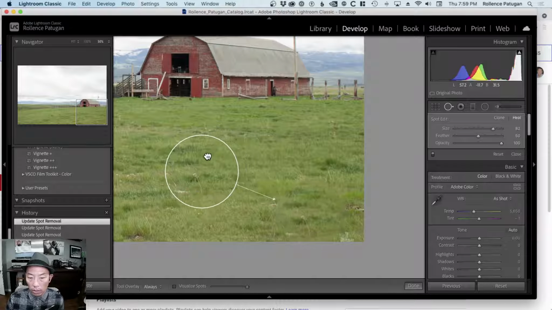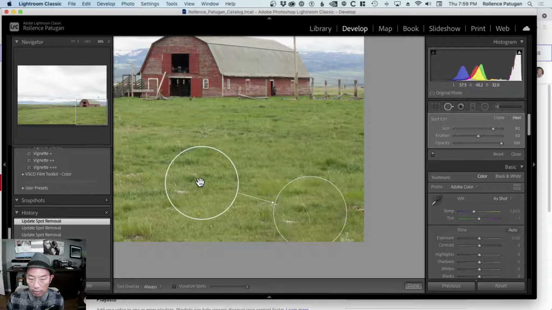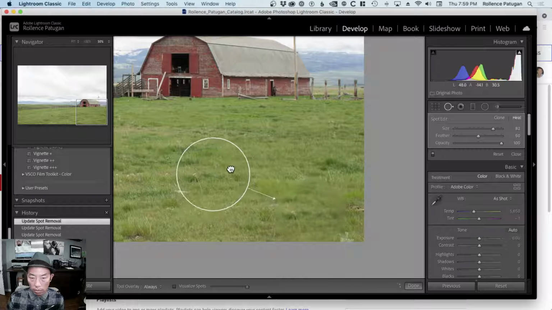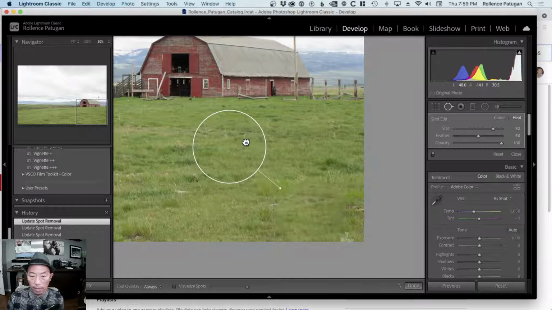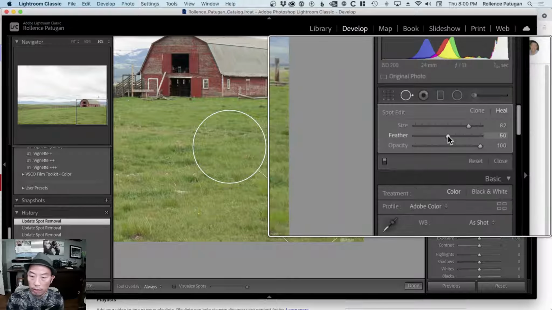Okay. Notice though, this was a little bit too obvious of a copy. If anyone's looking at this, they'll see, why is this the exact same dandelion as this one? I don't want to make it so obvious, so I can move it around and pick some other area to blend it in more. Okay. And this is where you can come in and play around with the feathering. Remember what I said about the brush? Feathering makes it softer or harder depending upon what you select. If I were to make this a hard brush, meaning remove the feathering,